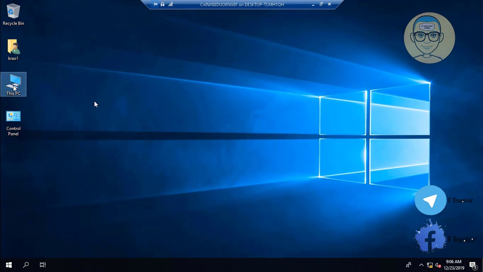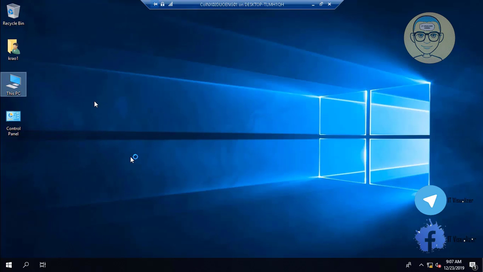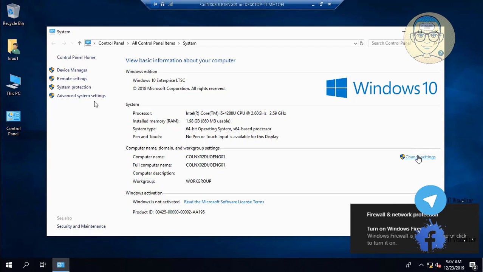So here we will right click. After it has taken an IP address, we need to go to the properties, and we'll tell it to change settings and join this PC to the domain. So change settings,